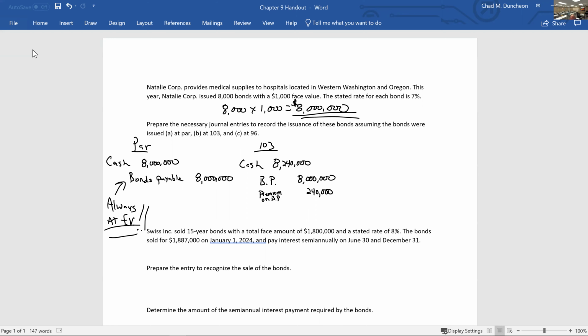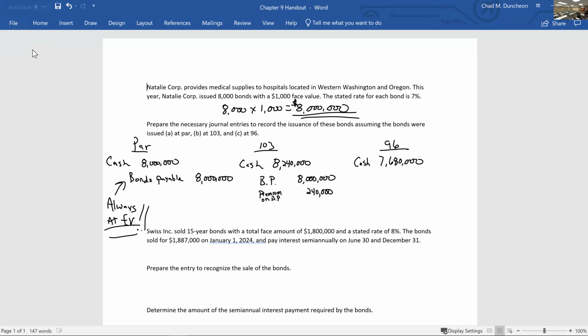Okay, next, when we issue them at 96. 96 means we are only receiving 96% of the face value as cash on the day that we issue those bonds. The reason for that is maybe now the market is paying a higher percent. The market might be paying 9% interest. So nobody is going to only want 7% interest from us unless we give them some incentive. So we sell them at a discount. We sell them at 96. So when you take the 8 million times 0.96, you'll see we get